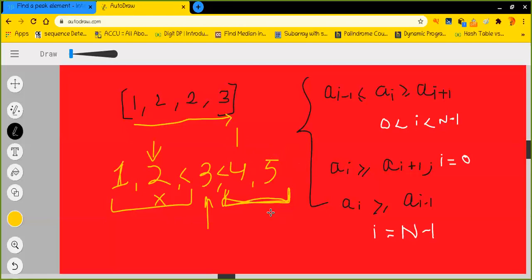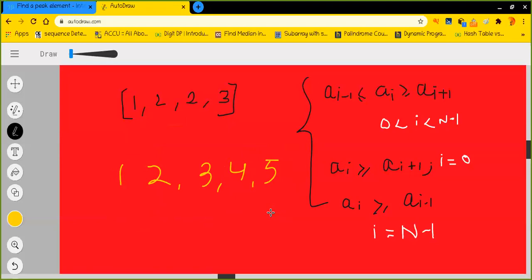Now let's look into a messy array to figure out whether this algorithm really works or not. Let's say 2, 5, 3, 2 and 9. All right, perfect. Just remove this line. Now let us say that I'm right here. This is already a peak element. Now let us say that I'm right here.